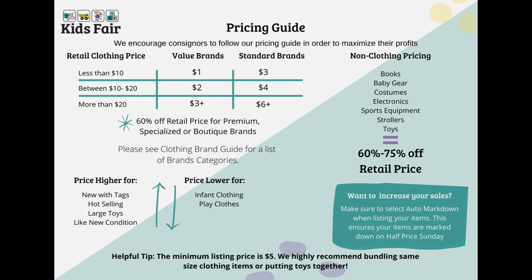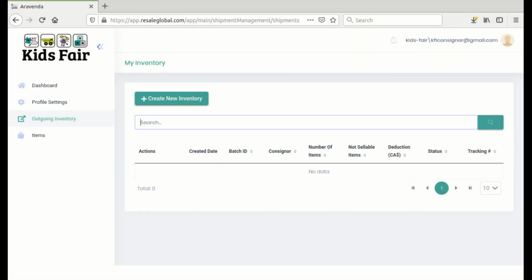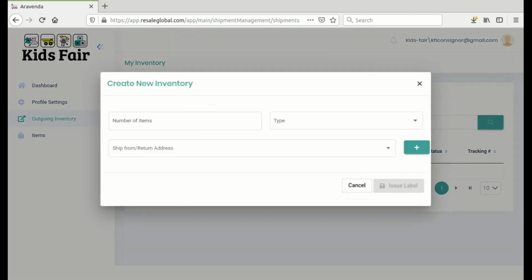about item pricing. Now to discuss item entry, click on Outgoing Inventory, then click Create New Inventory. Kids Fair item entry is designed around boxes of multiple items, as described earlier. Take your first box, count how many items are in it, and enter this number in the field labeled Number